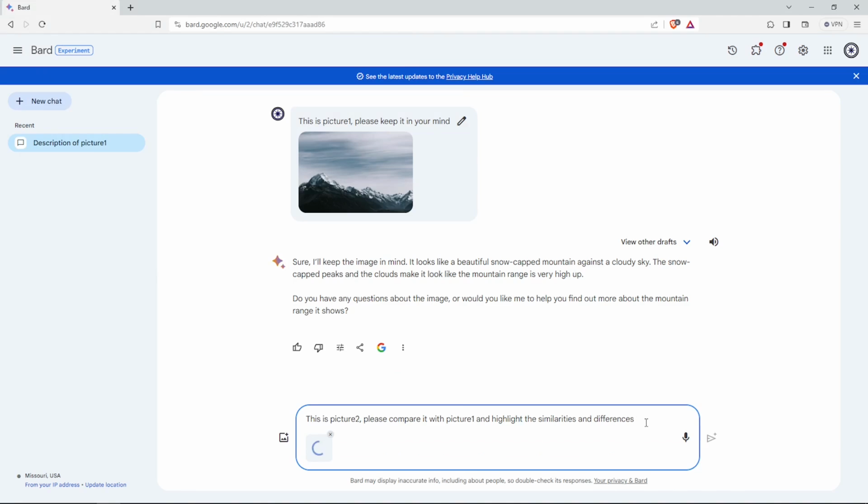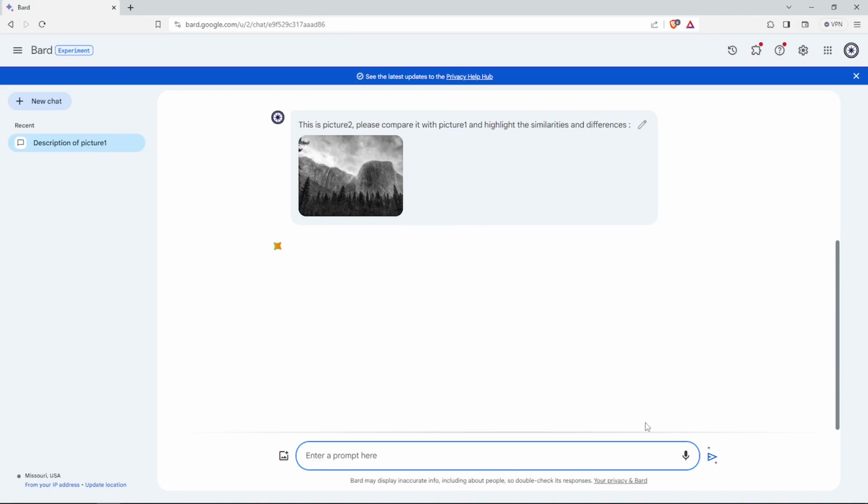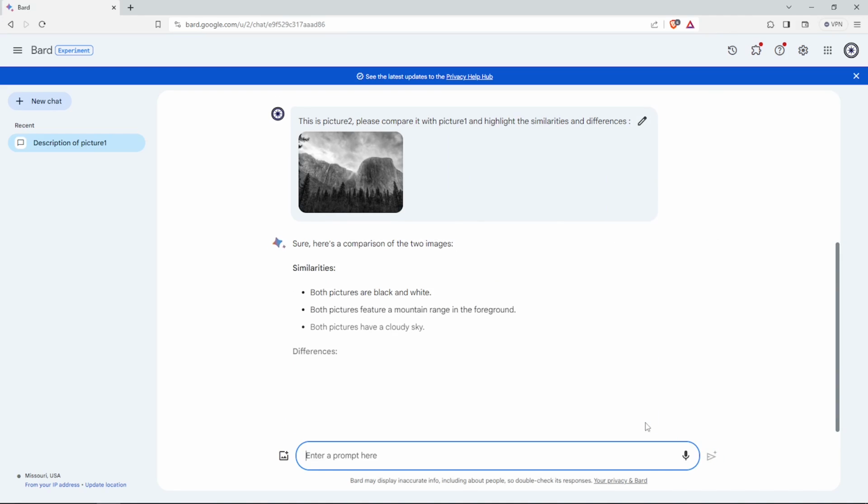Now, Bard can compare the two images and find the similarities and differences. As you can see,